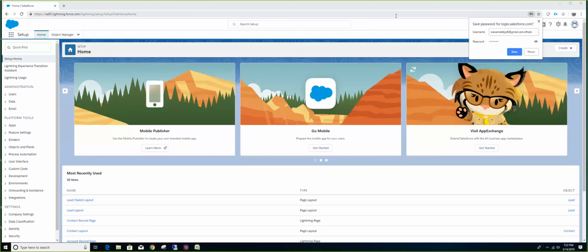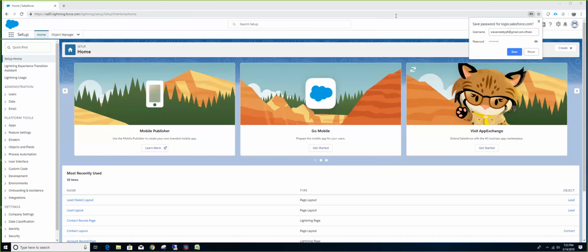Then, while creating a field itself, we have features like whether the field is required or not, whether the field is unique or not, what the default value of the field is, and defining the data types. We have different data types like picklist, checkbox, currency, email, phone, and so on. We also have dependent picklists. We have seen in the example of state and country that depending on the country that you choose, the values in the state picklist are rendered.